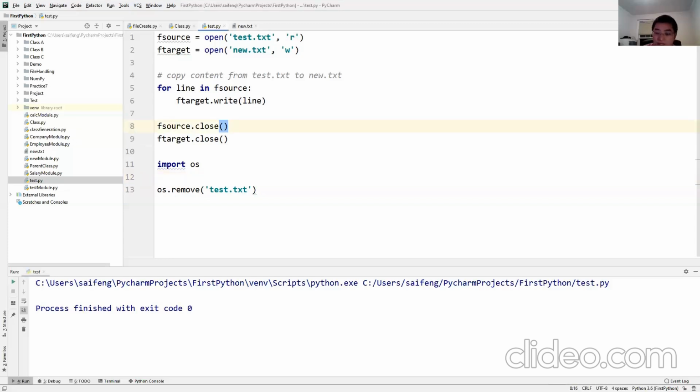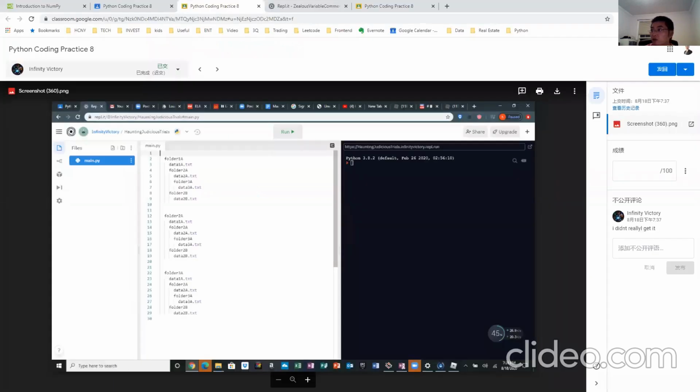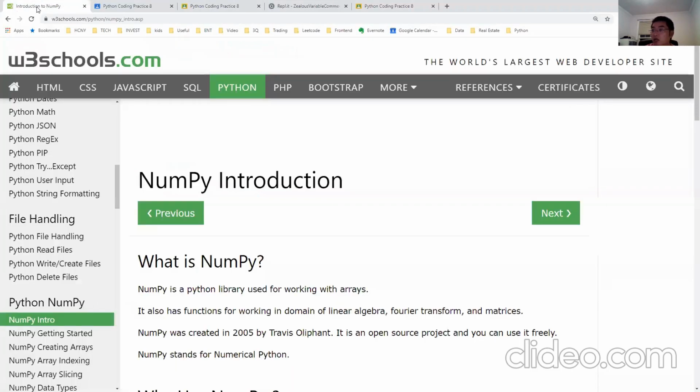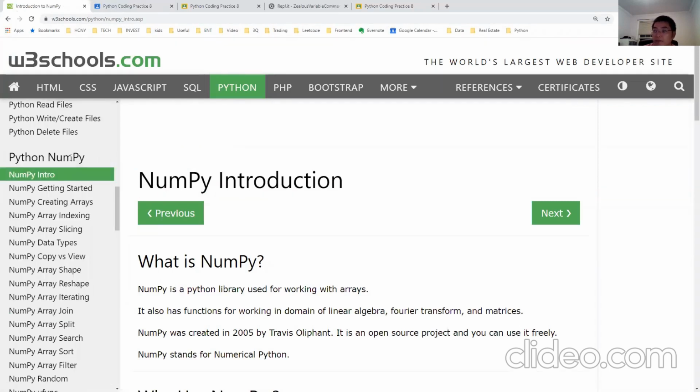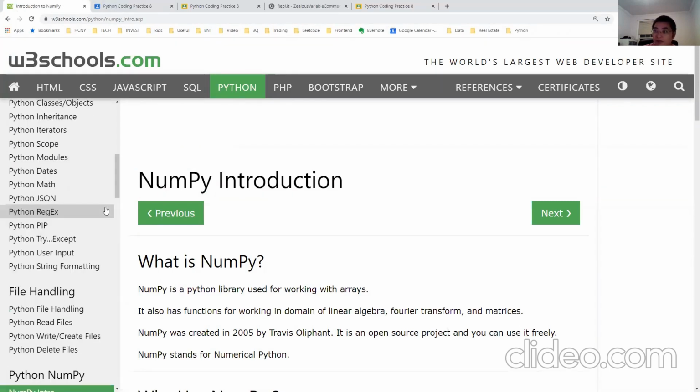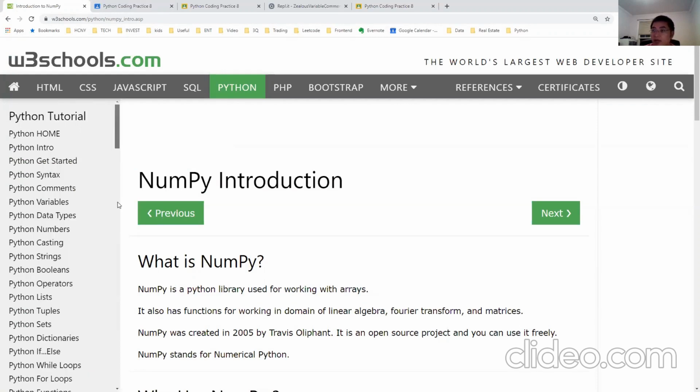So today, right? Today is already the 9th class of the whole semester, right? Because we said there will be a total of 10 classes. I think today is the 9th one, and next week will be the last class. So today we want to talk about another new content called NumPy.